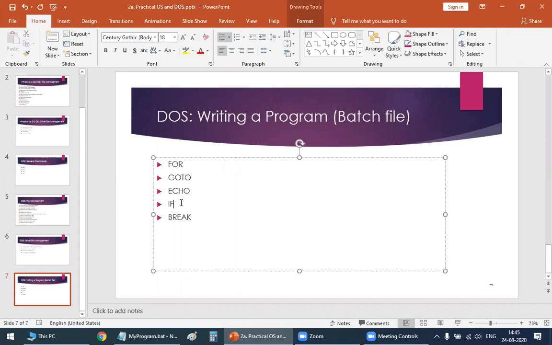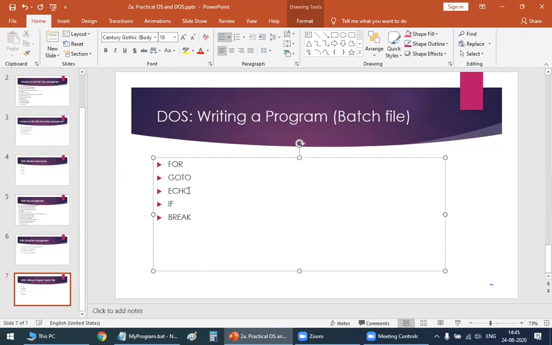For example, if it is a rainy day, then I'll take an umbrella with me. So this is like the if command. Then the echo command: DOS will echo back your characters.